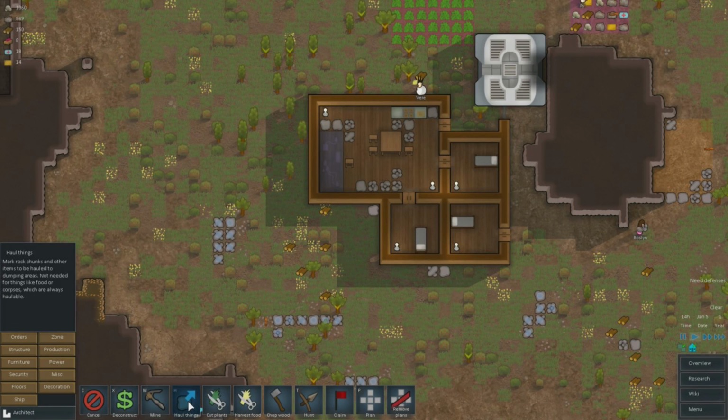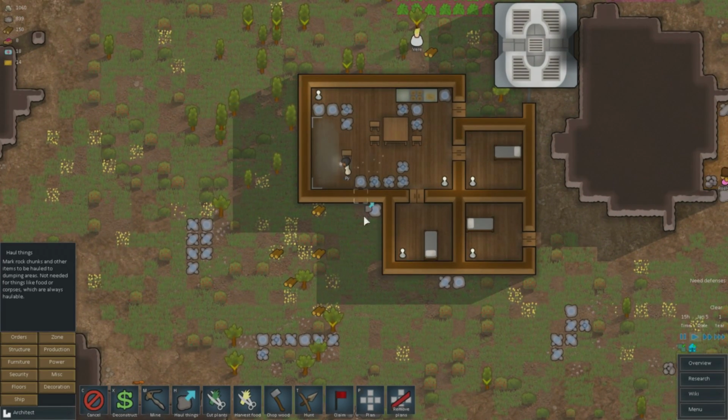Okay, we gotta haul these things. Haul? Oh, I apparently had not marked these things for hauling. That's why they're just kind of sitting around. Come into our house and appreciate the stonework. And now Pi is going to have this...